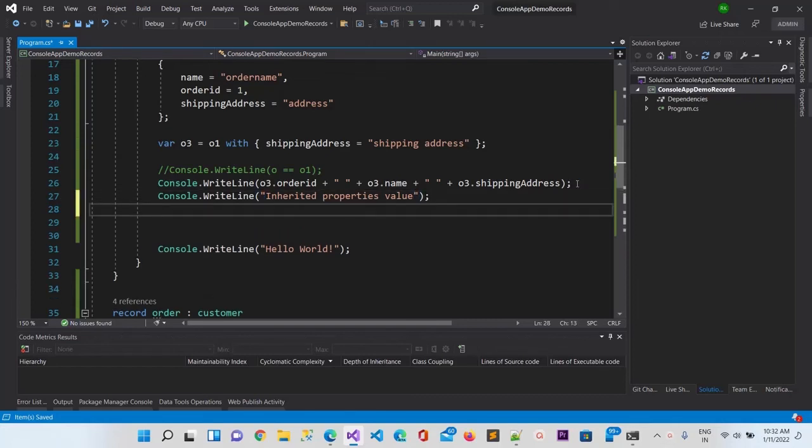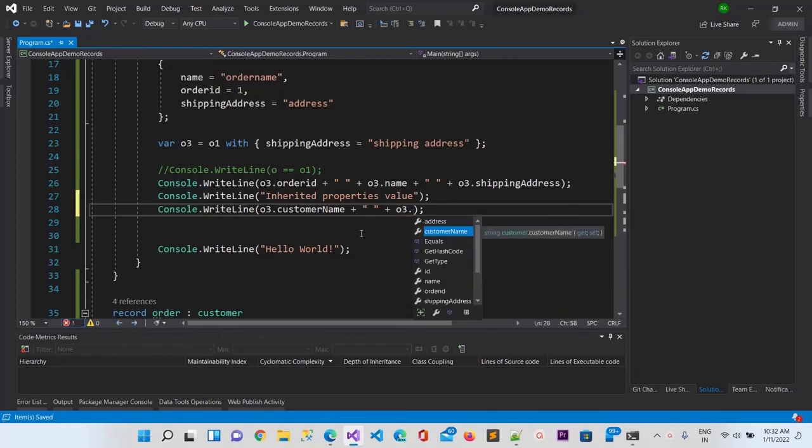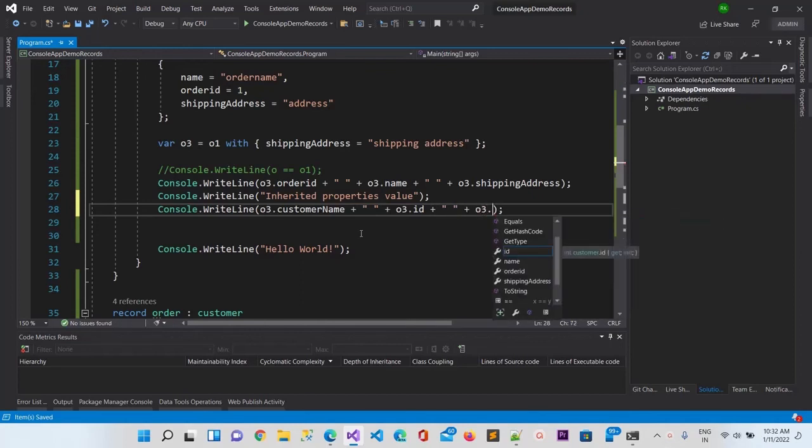So now O3.CustomerName plus O3.CustomerID, and here it will also have O3.Address, or we can say customer address.